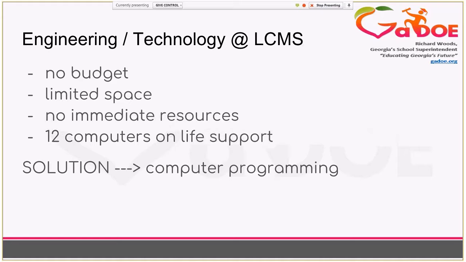There was no existing engineering and technology program at our school, so I didn't have any resources that I could use. I had no other teachers that had experience teaching it. And we had no old kits or project materials that I could pull from a back room and use. I managed to get 12 computers donated, and they were practically on life support. So they were best used for accessing the internet and doing web-based activities,